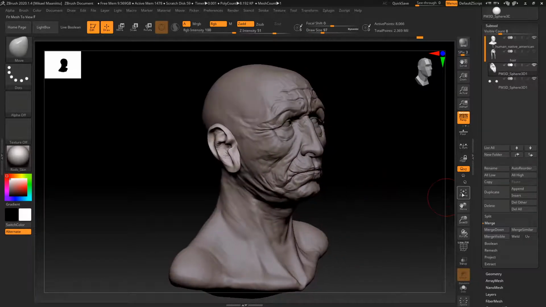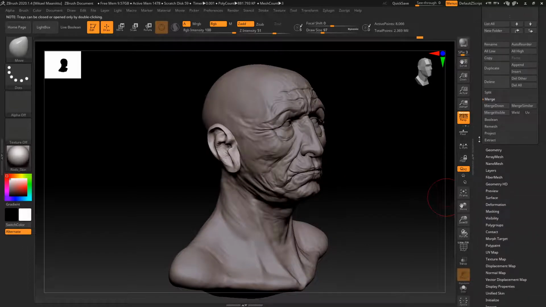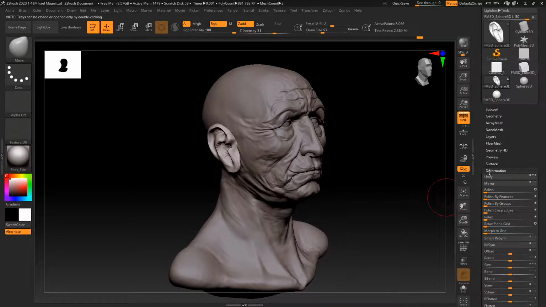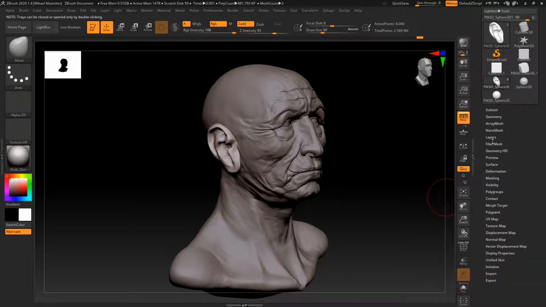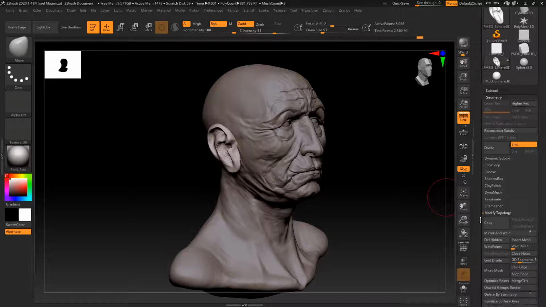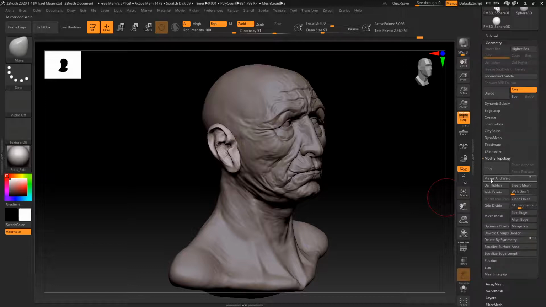The first method that I showed was that we went in this deformation tab here, and there was this mirror. Then there is also the possibility to go here into the geometry tab, and in here there is this modify topology tab. So let's open it up, and in here there is this button that says mirror and weld,